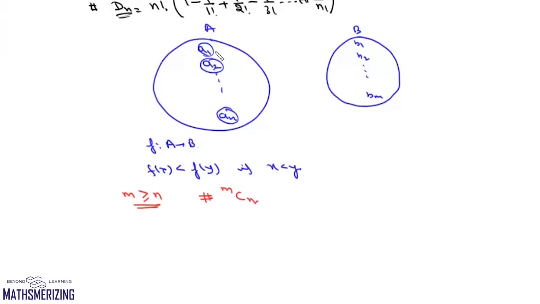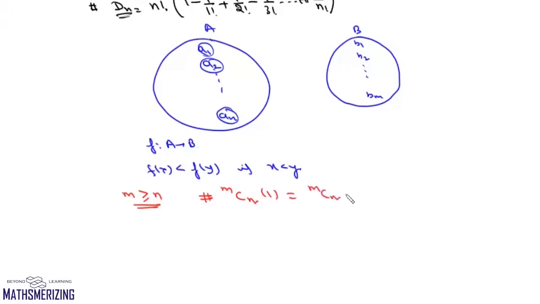So now we have n elements on the left and n elements on the right. Now we have to map each element in such a way that it becomes an increasing function. So for A1, A2, A3 and An, we have to permute this B in ascending order. In how many ways can we arrange n numbers in B in ascending order? Distinct numbers can be arranged in ascending order in only one way. So the number of strictly increasing, or for that matter strictly decreasing, functions defined from A to B will be simply